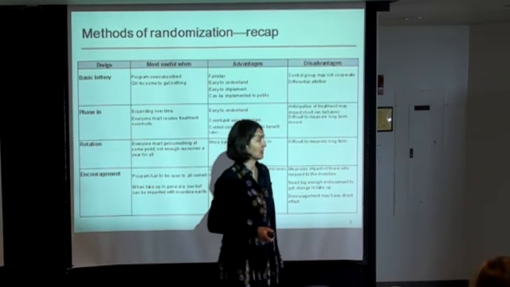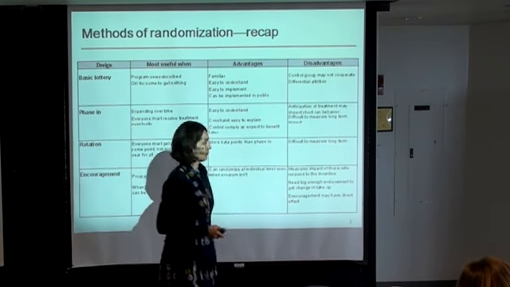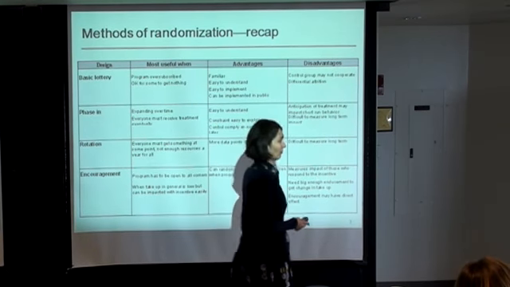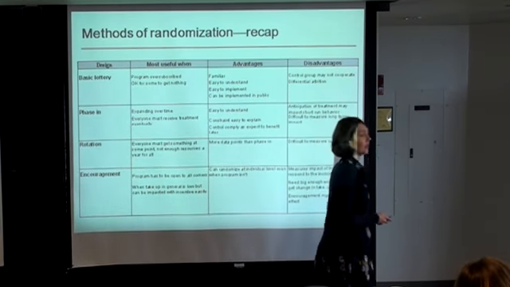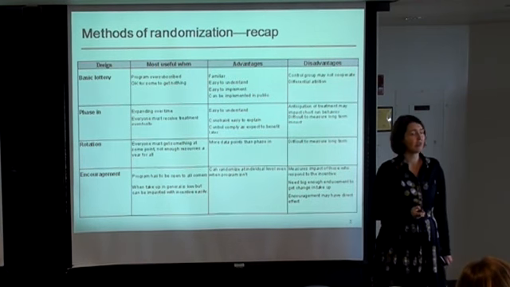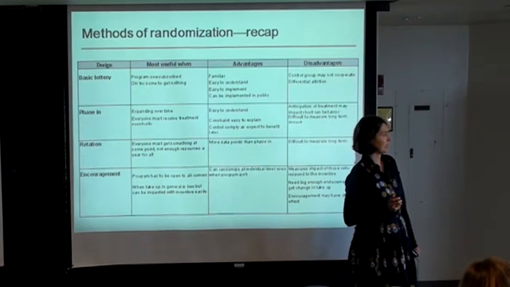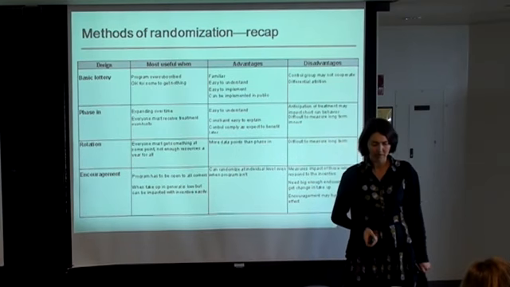Can you explain what the control group would be in the encouragement, and how would you gather information about the control group? So the control group in the encouragement is the people who weren't given the encouragement to attend. So imagine